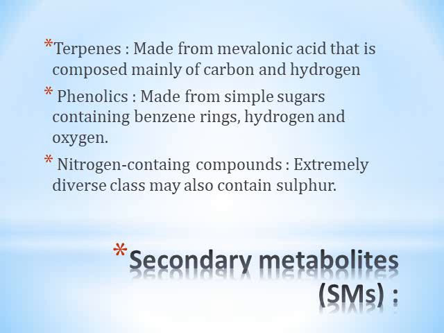Secondary metabolites. Secondary metabolites are obtained from secondary metabolism. Primary metabolism forms starch, sugar, etc. But secondary metabolites are small organic molecules produced by organisms that are not essential for their growth, development, and reproduction. Several types of bacteria, fungi, and plants produce secondary metabolites. Photosynthesis is primary metabolism from which starch is obtained. But in certain organisms like bacteria, fungi, plants, secondary metabolism occurs.